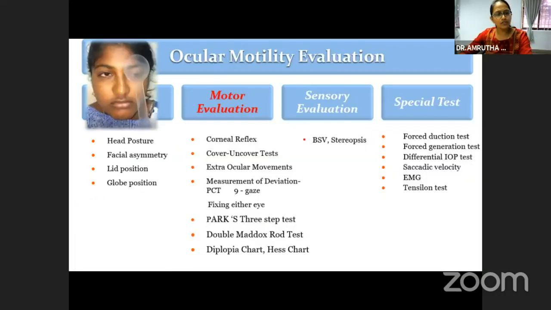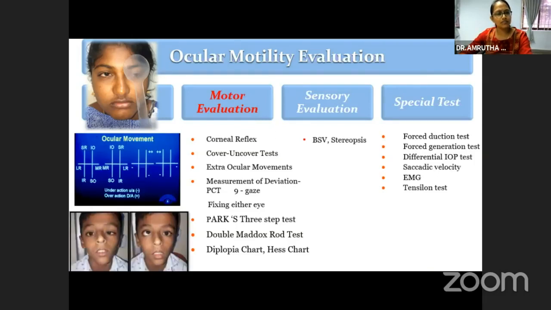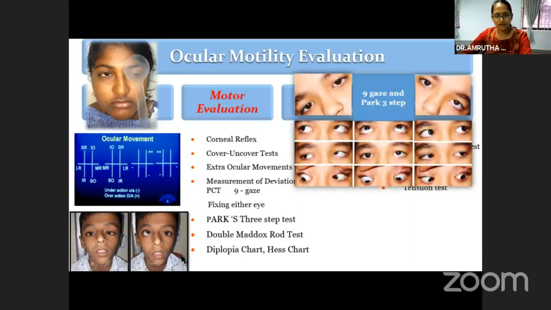Then moving on to the motor evaluation, do a cover test, which will help us reveal any decompensated phorias or latent strabismus, and to see the variation in the movement to differentiate a primary from a secondary deviation. Do a cover-uncover test and a prism cover test, and quantify the deviation. Do extraocular movements and see in which gazes there is limitation and where there is overaction of the muscles. Especially whenever there is a doubt and vision is equal, do a right fixing and left fixing so that we will be able to differentiate a primary and secondary deviation. Do the Parks three-step test, specifically in hypertropias, to differentiate and localize which vertical recti or oblique is involved.